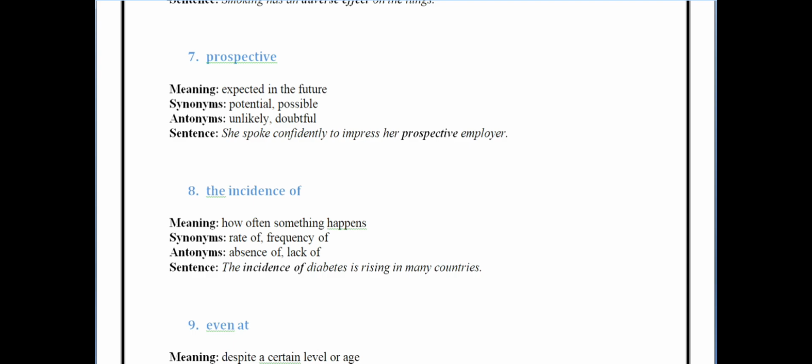Word number 8 is the incidence of. Sometimes not only the words, the phrases are equally important. The incidence of is the word number 8. How often something happens, that is the